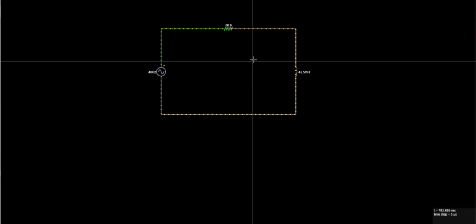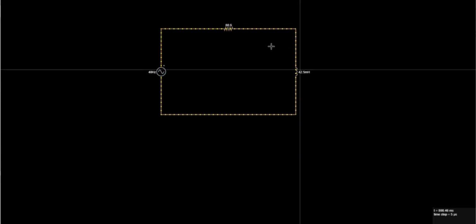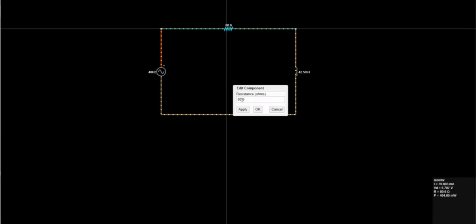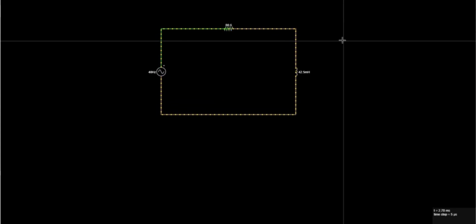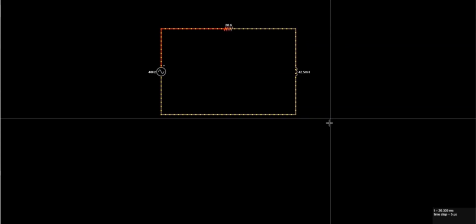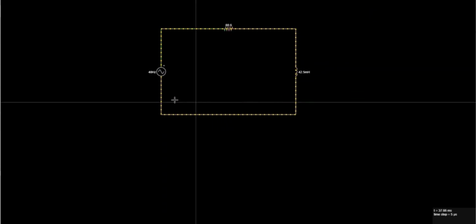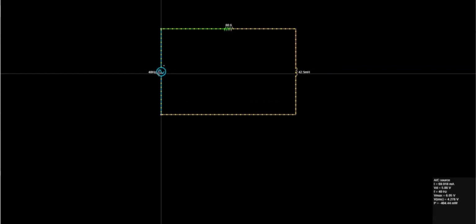Let's say, for the sake of conversation, I change this to 500 ohms. It's a lot more sluggish. You can see the current there. I still have oscillations and things are happening, but it's just not nearly as great as it was when I had this. And it's going to get even better because now we have to drive this power source at precisely